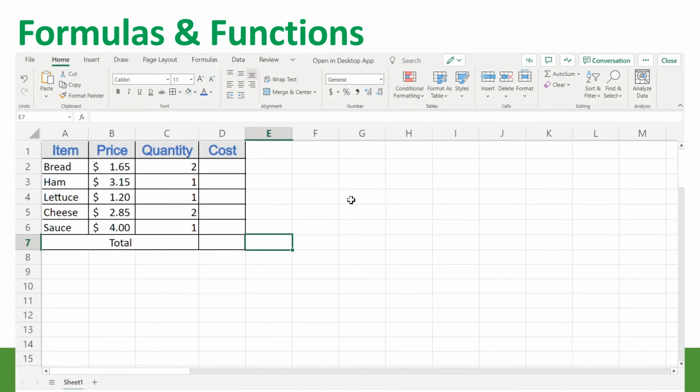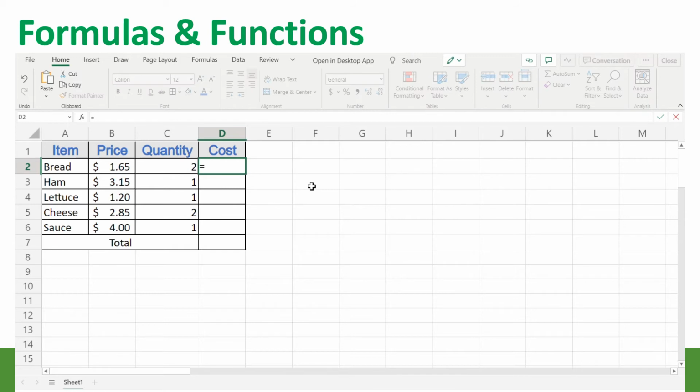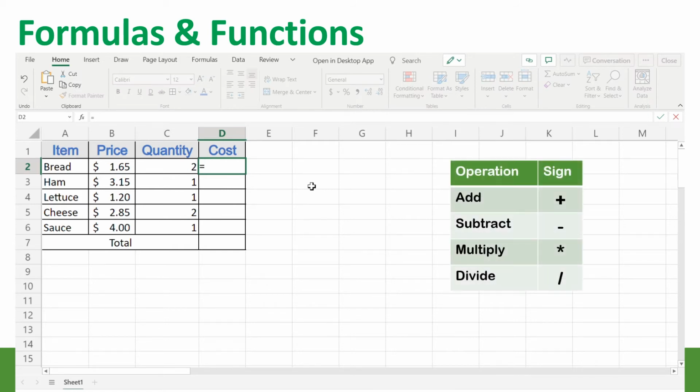In Excel, we also learned that we can add formulas and functions to our cells. To do this, simply click onto a cell and type in a function or a formula. If you want to do a simple formula, you can just type in an addition, subtraction, multiplication, or division. So for example, for this cell, if I want to calculate the cost, which is price times quantity, I simply